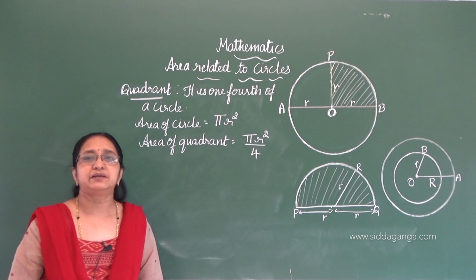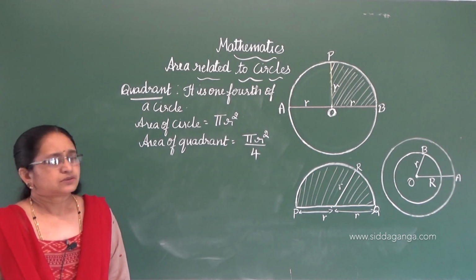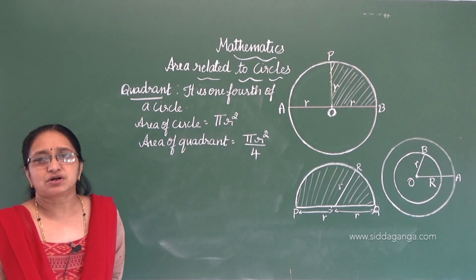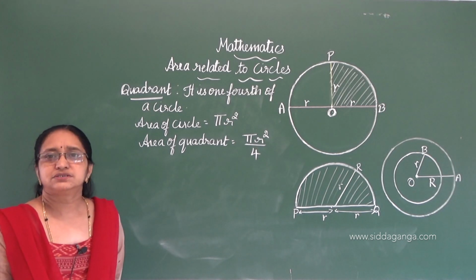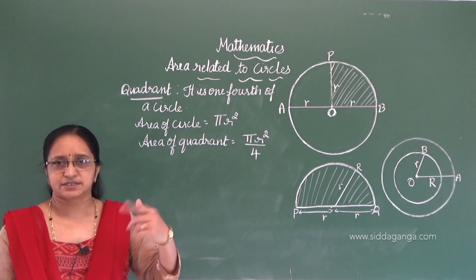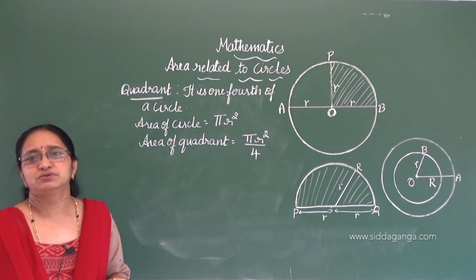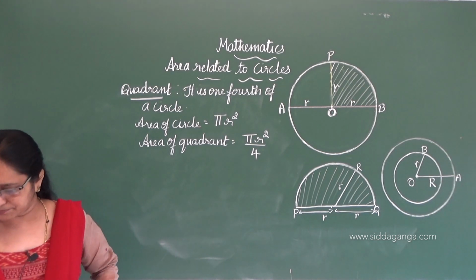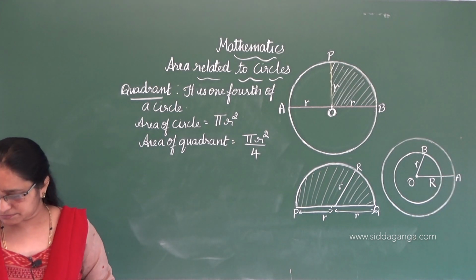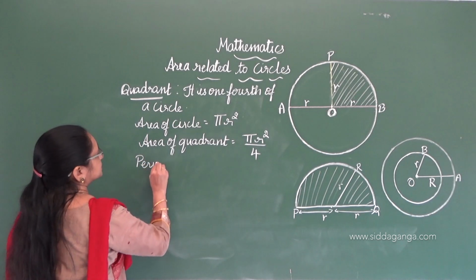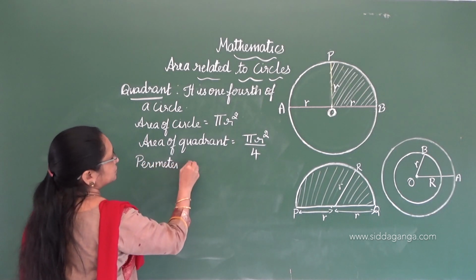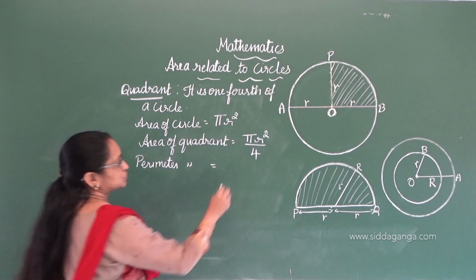Then what about the perimeter of a quadrant? Again, 2 pi r is the circumference of a circle. So divided by 4 you will get the perimeter of a quadrant. So the perimeter of a quadrant is 2 pi r